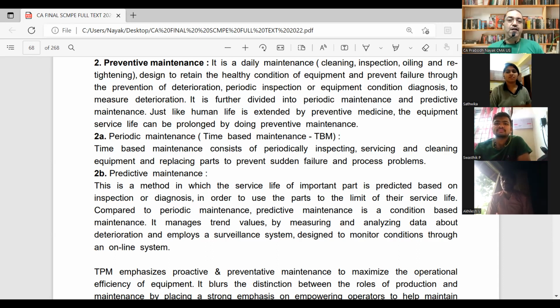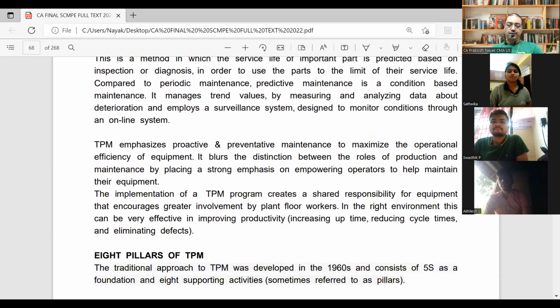So if you are doing preventive maintenance, periodic maintenance, predictive maintenance, the machines will be in good condition. That is the importance of lean management. You don't want any breakups. You don't want any stoppage in production. You want production to continue continuously without any breakages, without any stoppages, without any defectives coming out. So for that purpose, we have to maintain preventive maintenance.